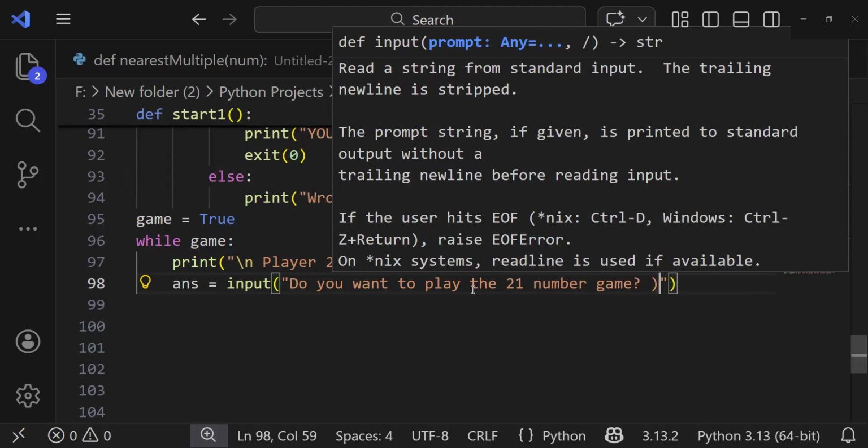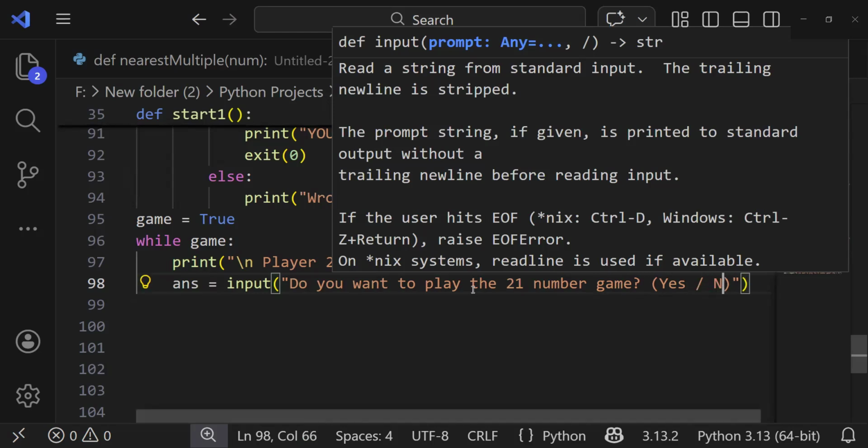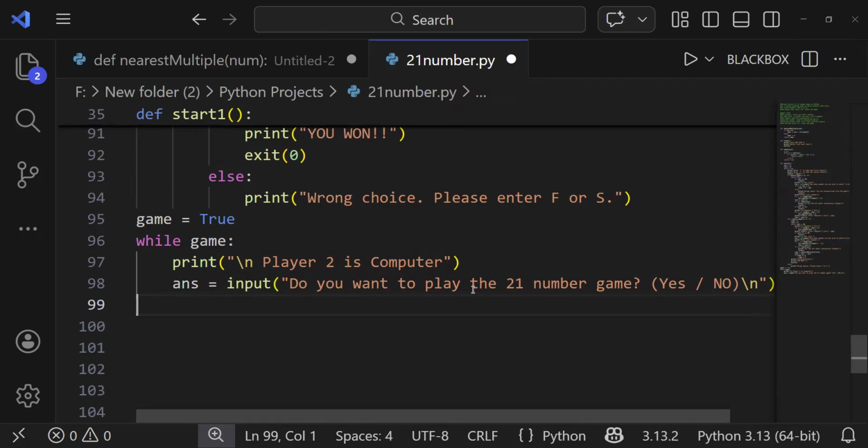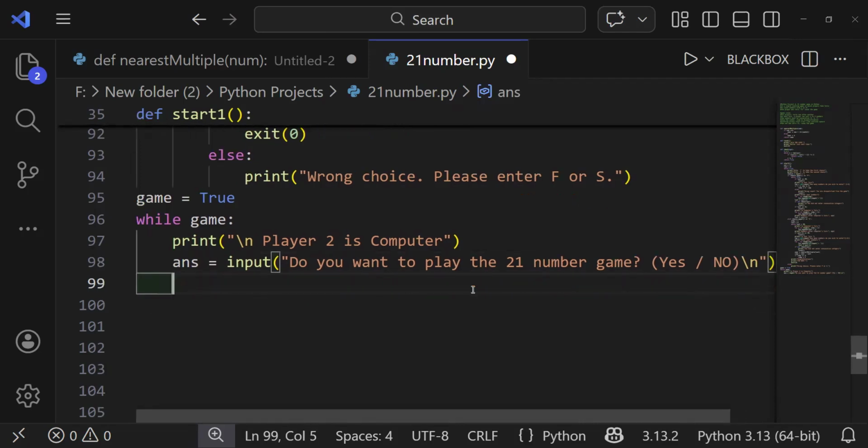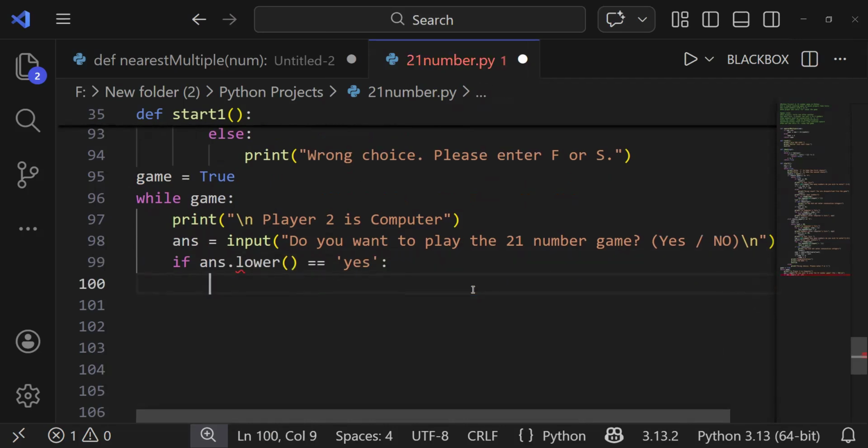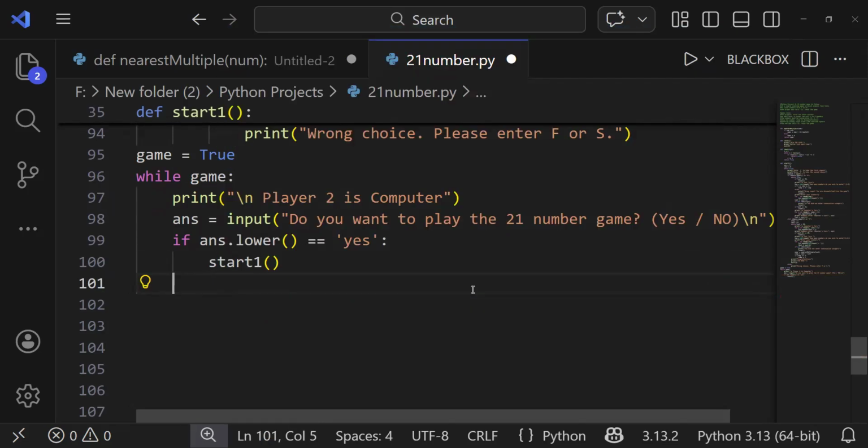Say yes or no. Like this. All right. So if and dot lower equals yes, start one, else